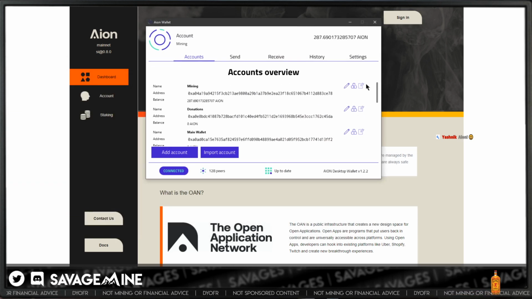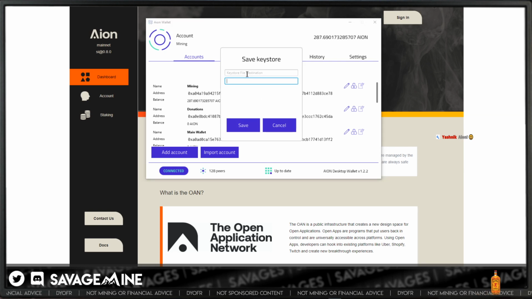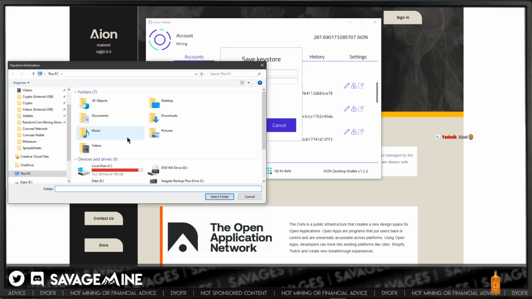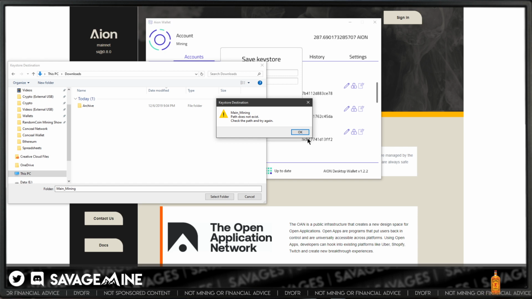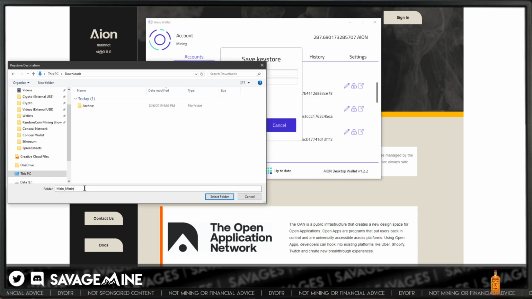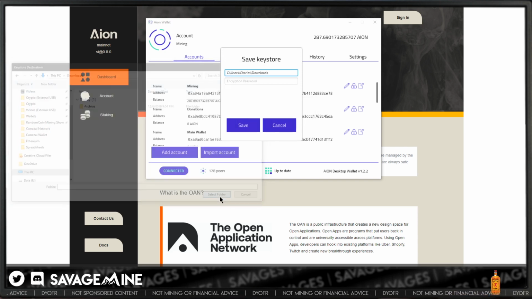All right, so go like this. Go in downloads, give it a name. I'll say main mining. That's not going to work. Wait a minute, it just wants the location. So let's go to select folder. All right, cool.